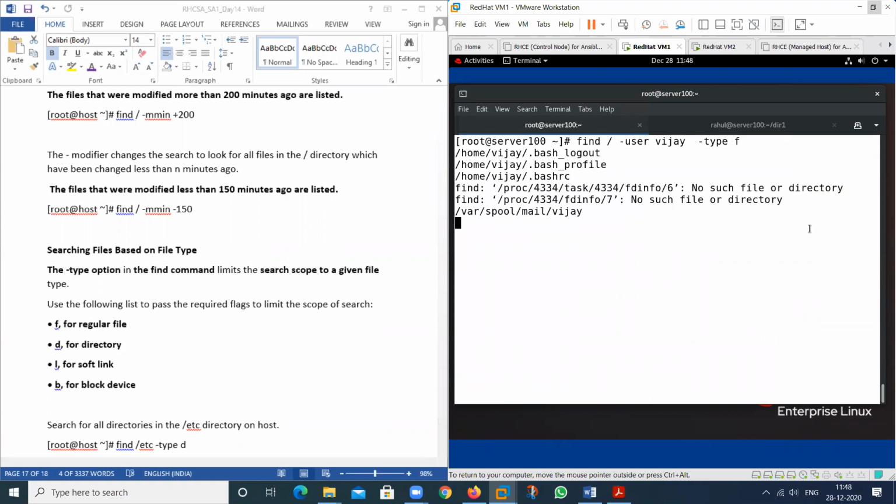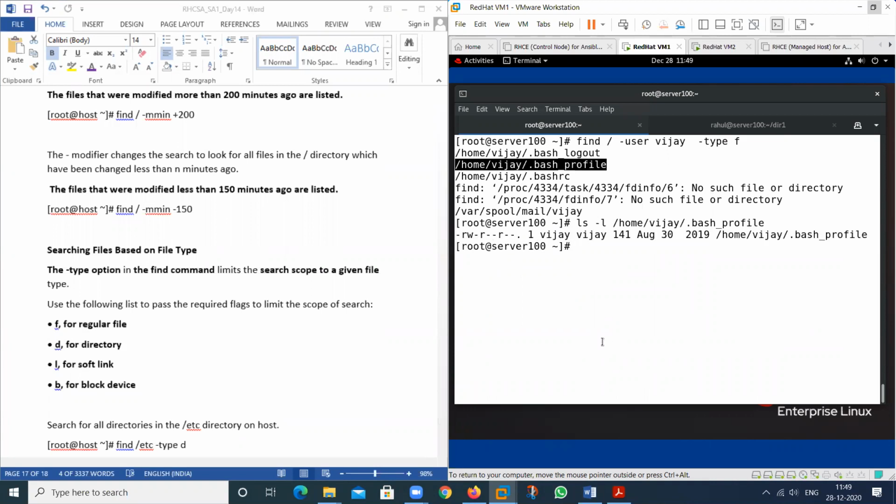See, we have only 3 files, so these are the files. So this is also a file name, this is also a file name, these are all the files. If you want to see, and you can, that start with the hyphen sign. So you can search. This command will come in the exam also. Search all the files of that particular user, copy these files to a different location. So you can also use the copy command at the time of find, that I will tell you later.